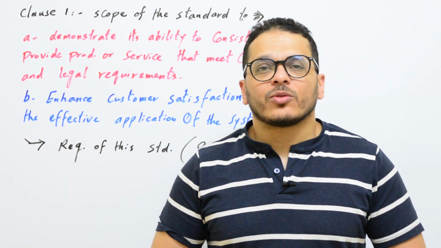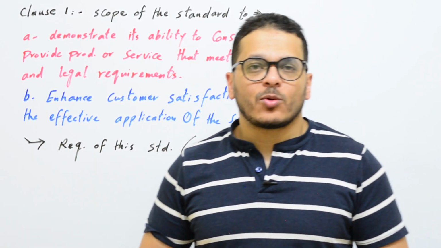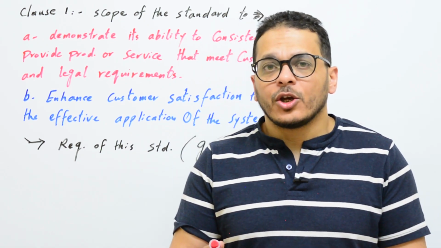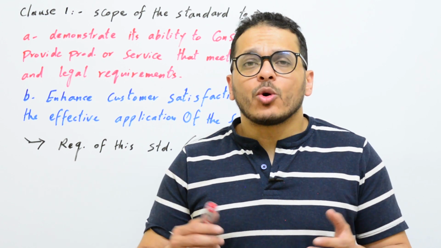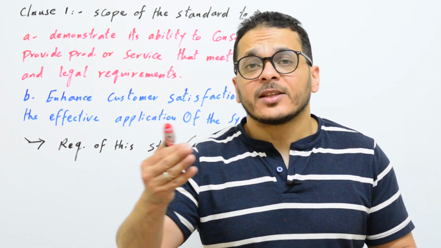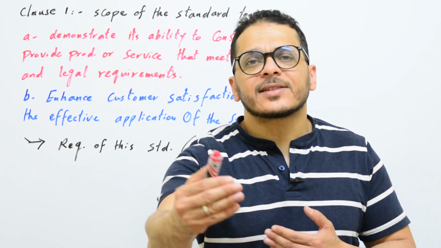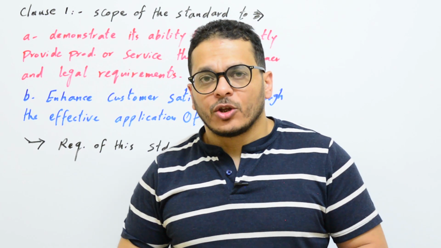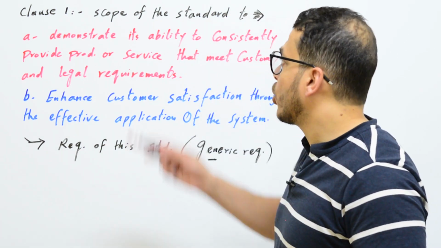And now the requirements of this standard. First clause, which is the scope of this standard. Why do you want to apply all requirements of this standard in your organization? Because you want to provide product or service that meet customer and legal requirements, and also you want to enhance customer satisfaction. So if you apply the requirements of this standard, you will be able to do that, because scope